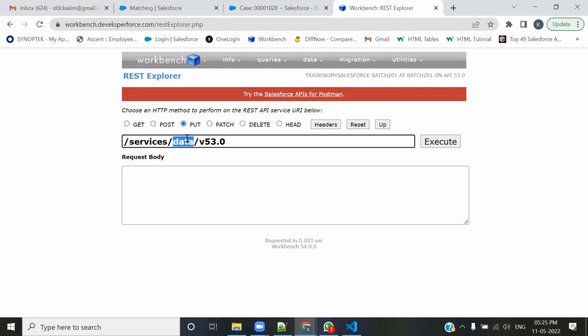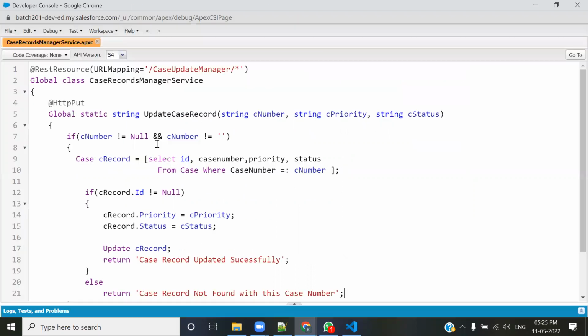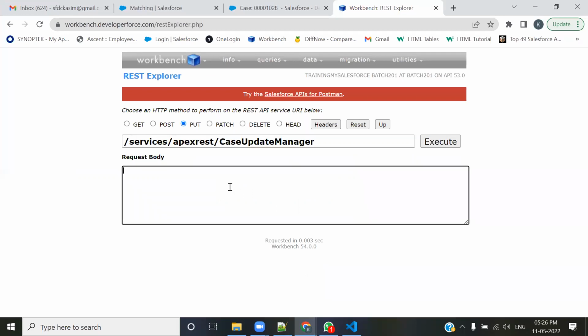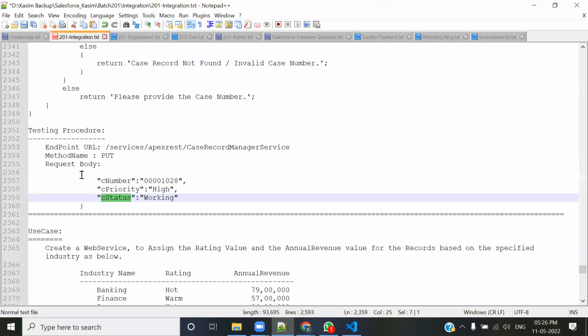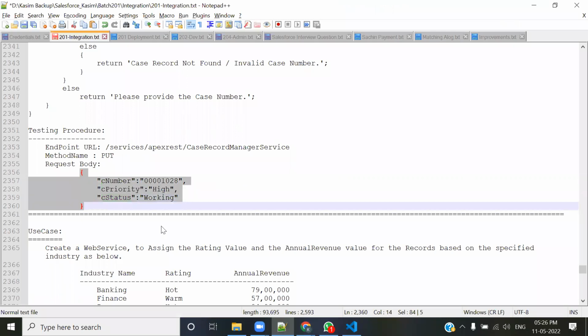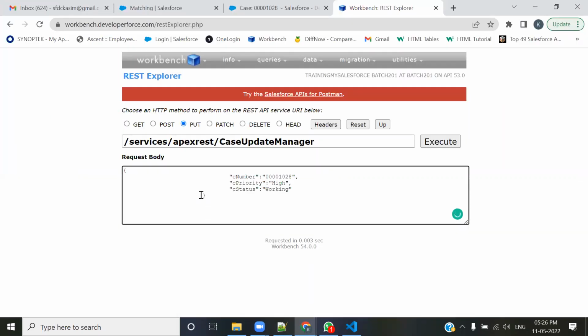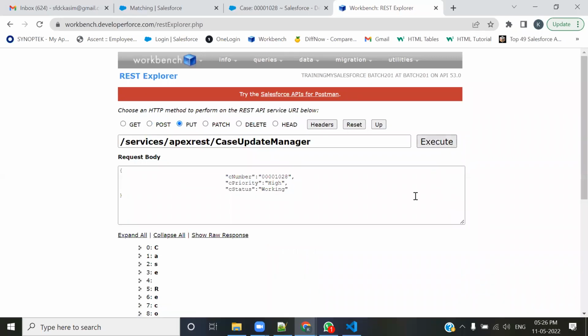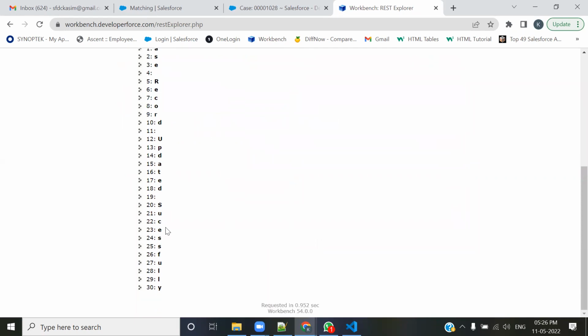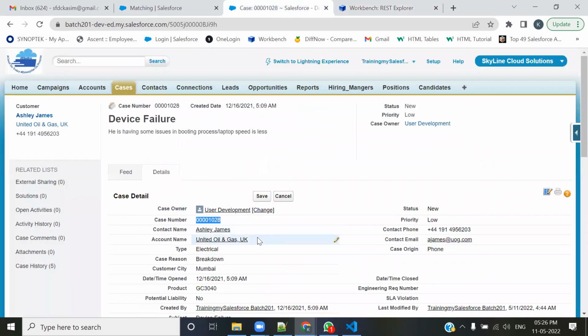So let me write Apex REST over here. And over here I should give the name of my web service. The web service name is case update manager. Now here I should give the JSON payload I wanted to update. So this is the payload I wanted to update, and I'm giving that payload here. Anyways, now let's execute this code. Case record updated successfully. That means this particular case now